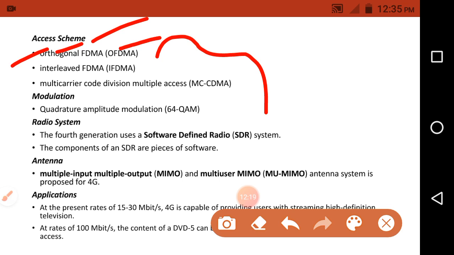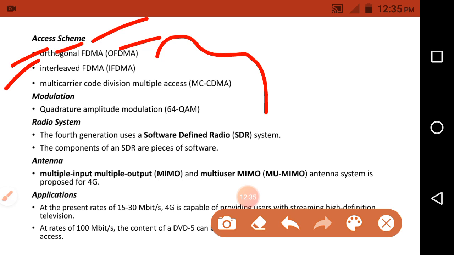Okay, this is the first access technique, and the second one is interleaved frequency division multiple access. As we have already discussed FDMA, here we divide the channel into frequency bands.